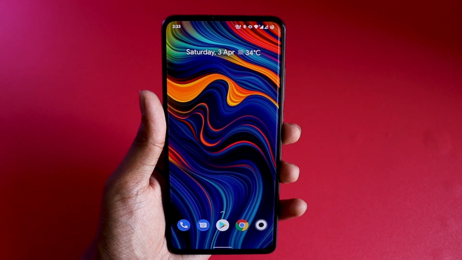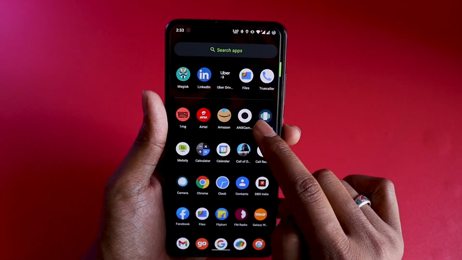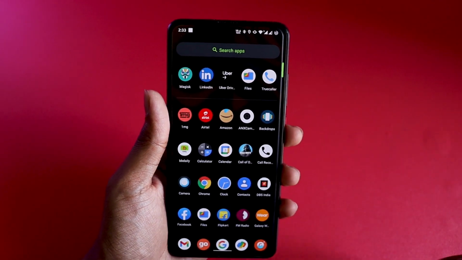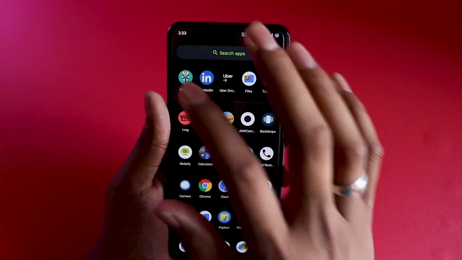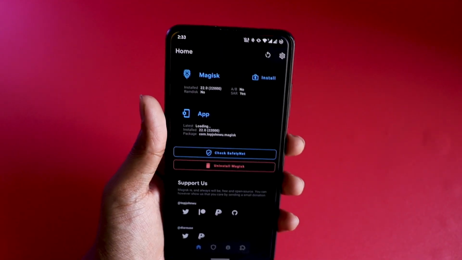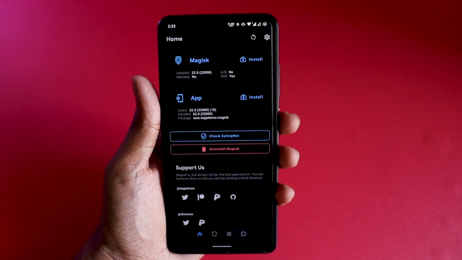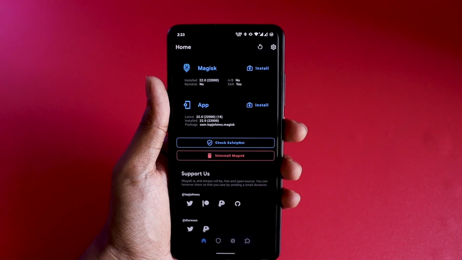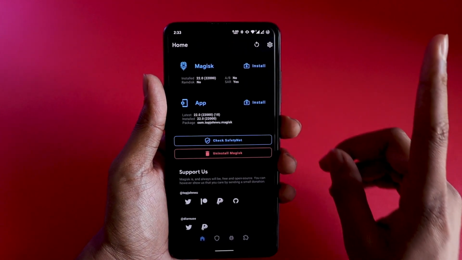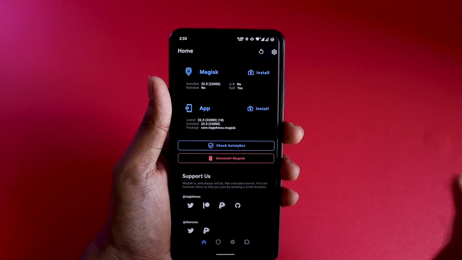But there are a few changes that have been done recently, especially in Android 11. So if you have done this process and when you boot up you don't find ANX camera on your phone, even after successful installation, that's because it requires Magisk. And if you don't know what Magisk is, it's basically a way to root your device. So you first have to install Magisk on your phone and root your device. If you don't know how to do that, I've made a video about it. I'll leave the link here so that you can first watch and install Magisk safely.